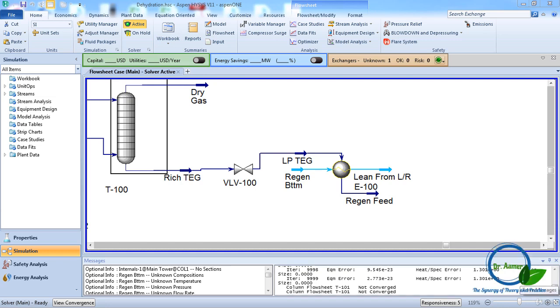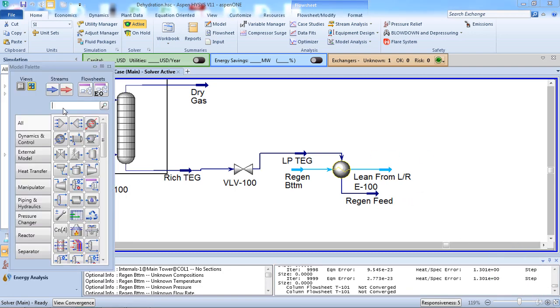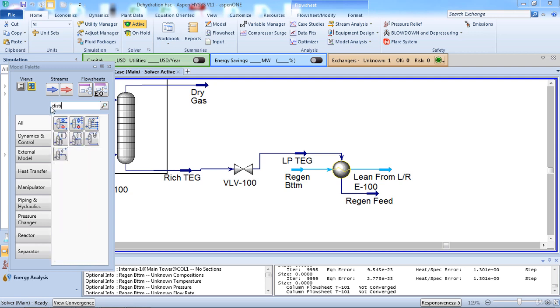Welcome back. As we said before, it's time to add the region column. You can find all the region column specifications in the document you have. Now, HYSYS has nothing called region column, so we will add a distillation column. Here,